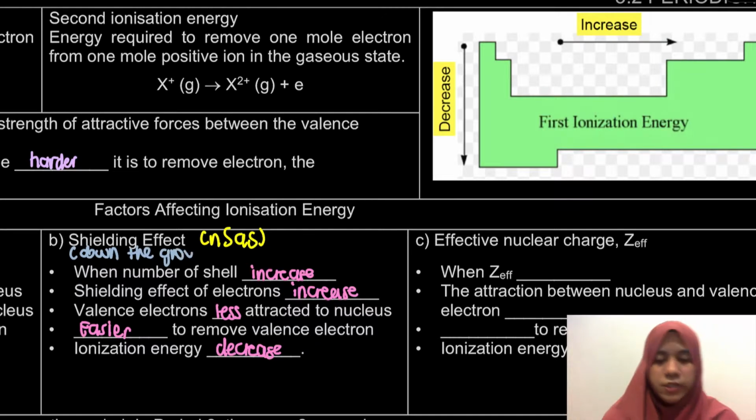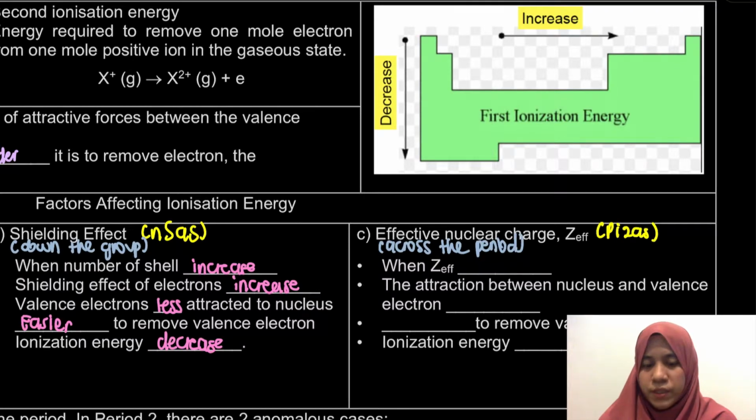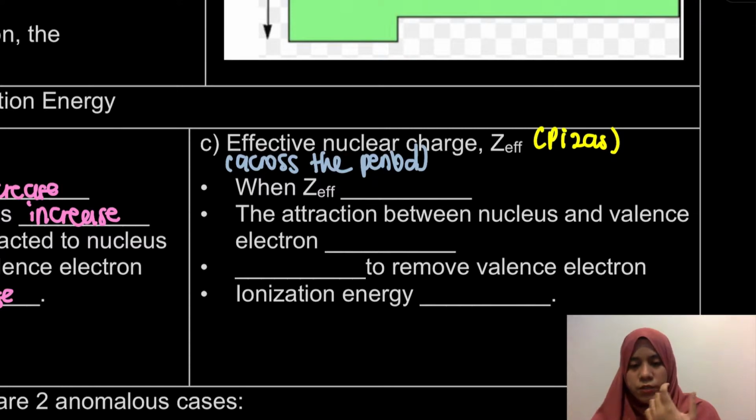Okay. Last but not least is the effective nuclear charge. So, effective nuclear charge, we remember it as Zeff. And this is actually for the case across the period. Across the period, okay, so what happens is that across the period, the effective nuclear charge, Zeff, increases,